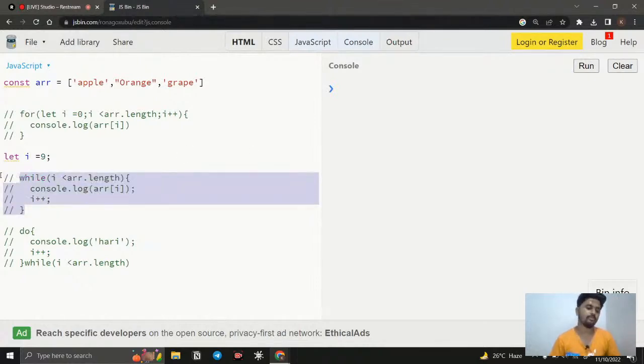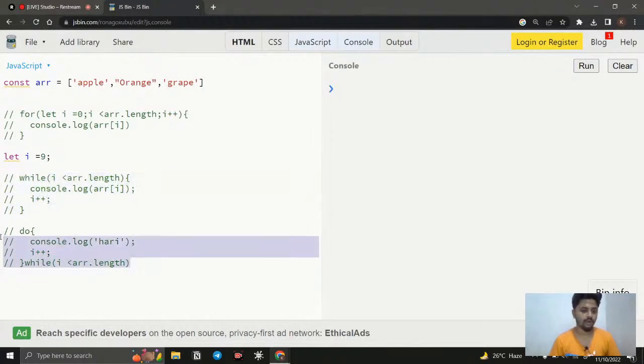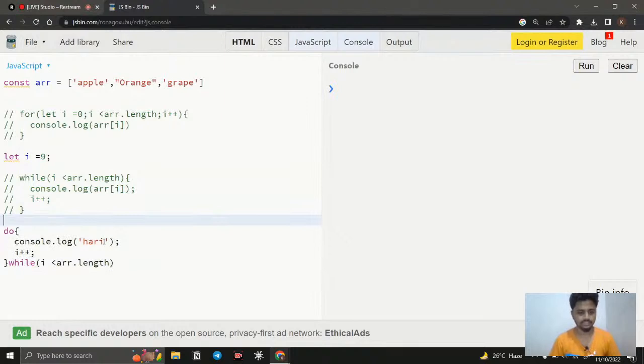But in a do while loop, it will run at least one time. Even whatever the condition is, even if it is false, it is going to run at least one time, and then it is going to check the condition. So that is the catch with it. In some kinds of work, we do use do while loops, but